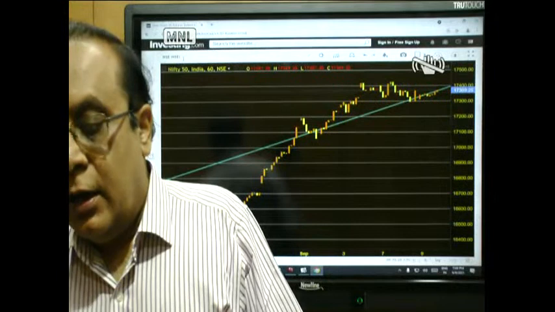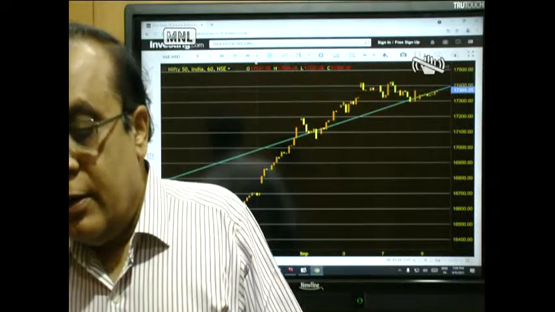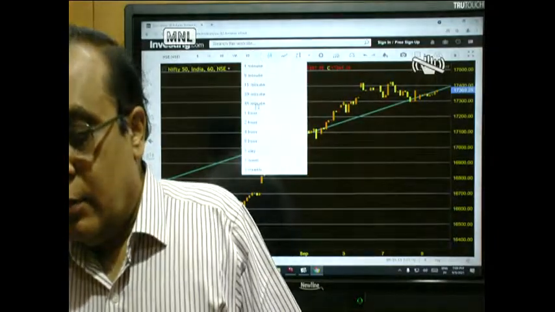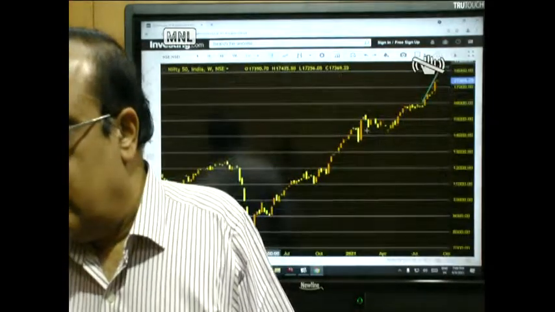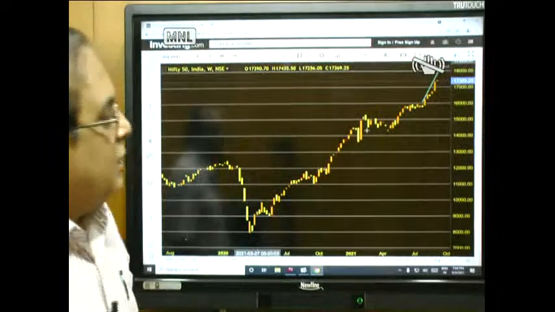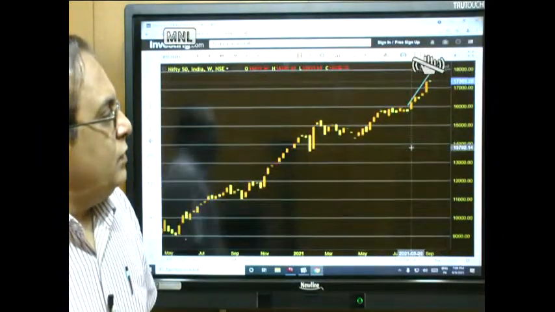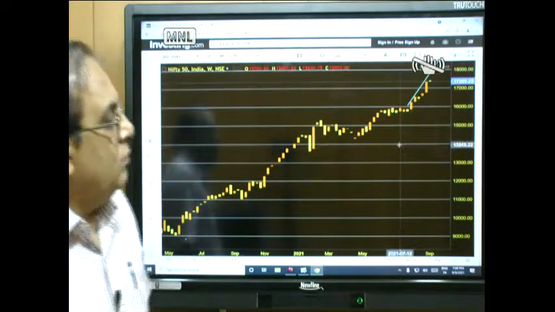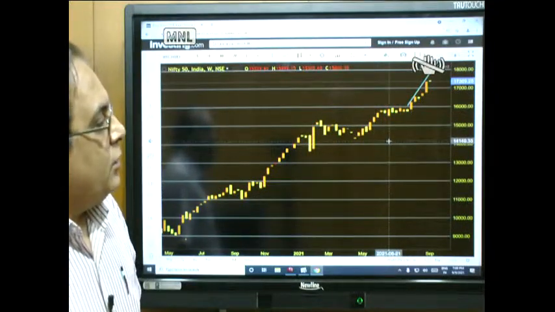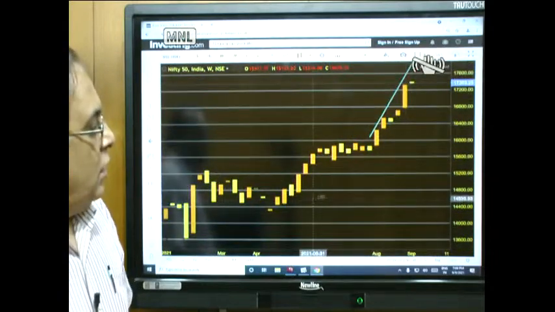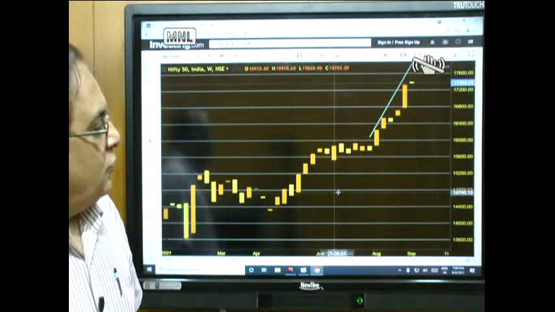Now we'll take ourselves to a bigger chart, the weekly chart. On the weekly chart, there have been very minor corrections. If you see, not much of a correction at all. So here it went up to 17,000. So we have only a correction which was a